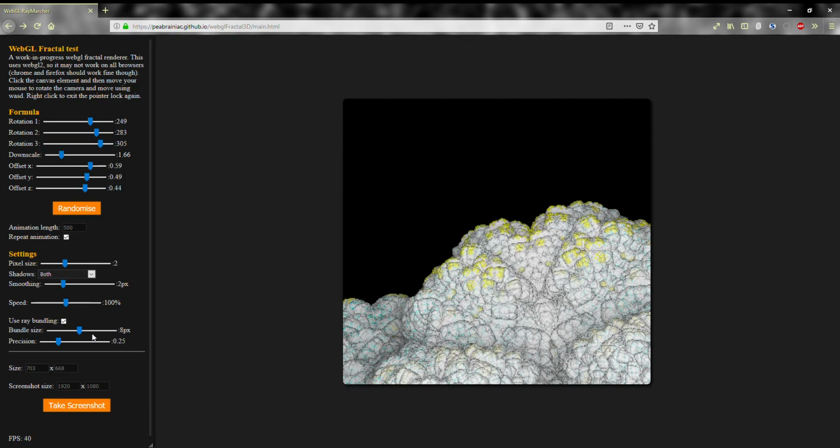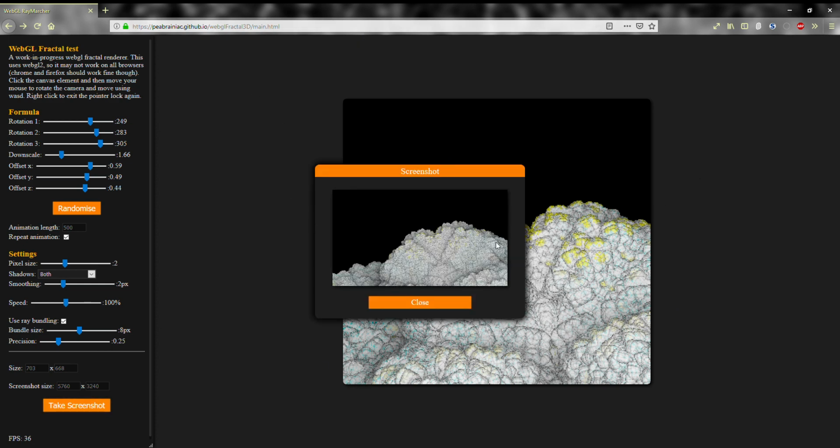You can also use this to take some pretty large screenshots, so for example something like 5760 pixels times 3240 pixels, that's 3 times my actual screen size. Just works in a couple of seconds.